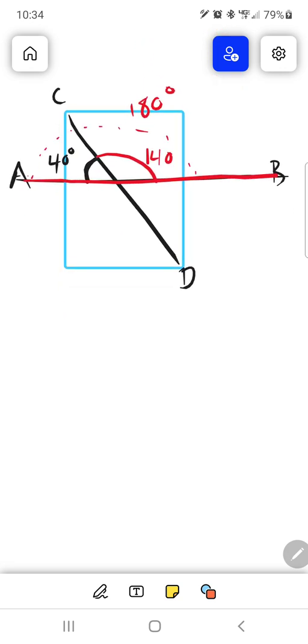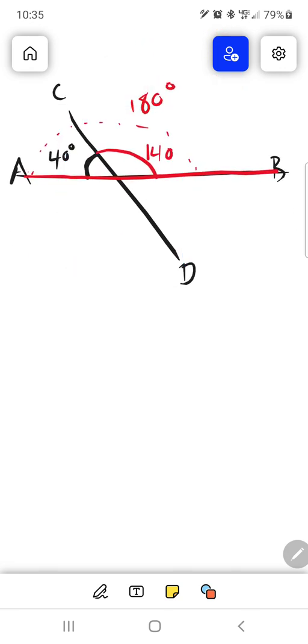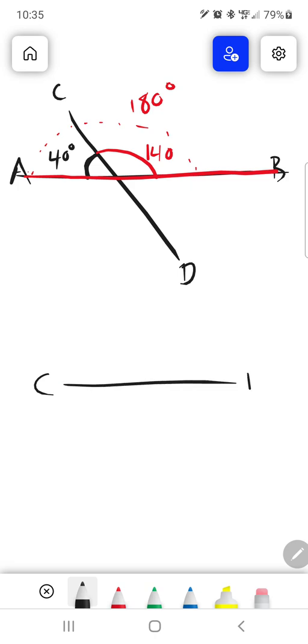So if we were to rotate, or look at CD, or rotate your iPad sideways, and we put line CD straight across like this, and we had